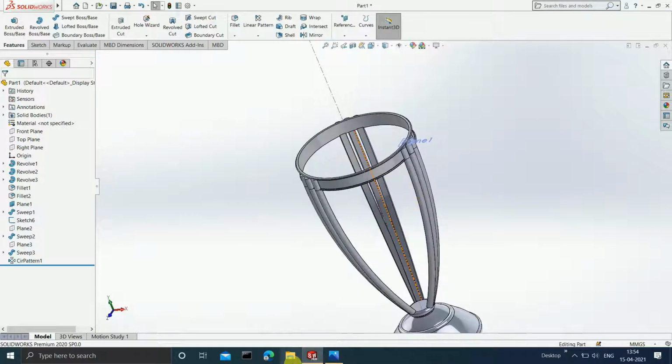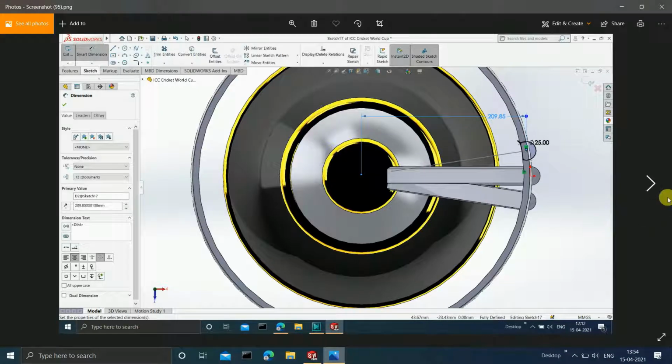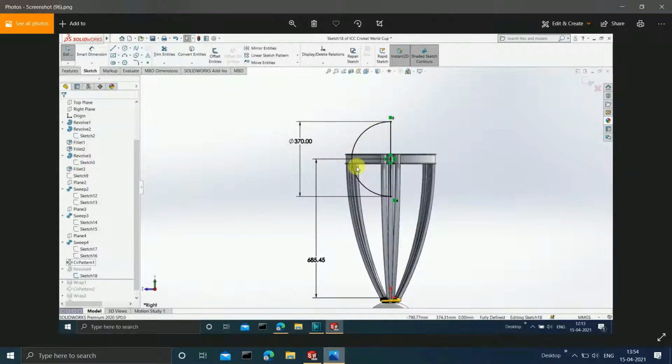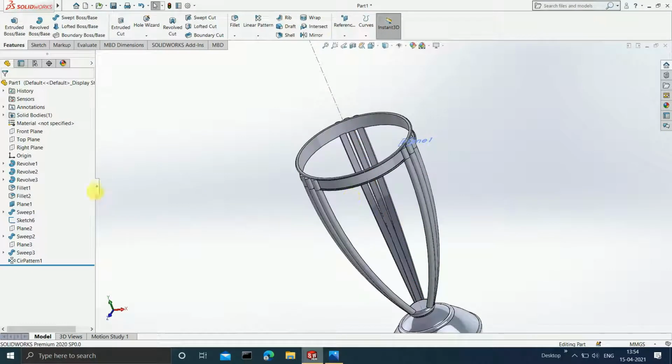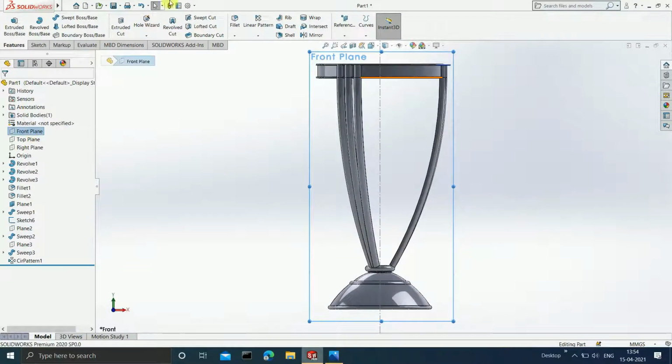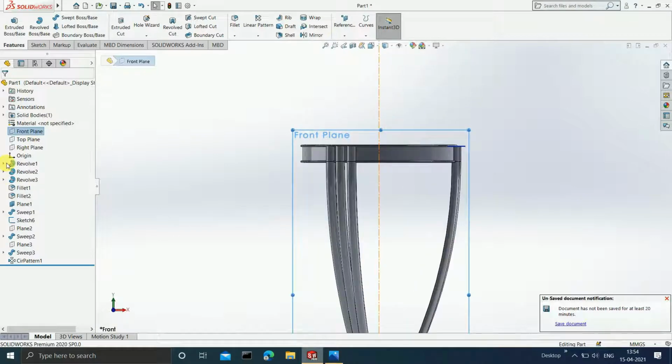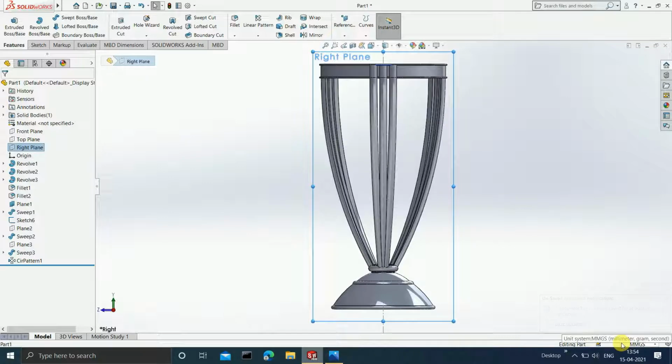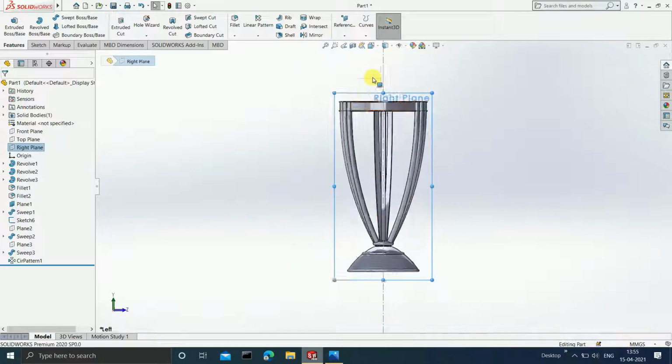Now the only part that we are left with is to just create the circle, the sphere that is present in the center. Now this is very simple guys. What we have to do is that we have to draw a semicircle. So for that I am going to select the front plane, press Ctrl 8, and on this, or rather I will draw it on the right plane, it will give us a better sight.